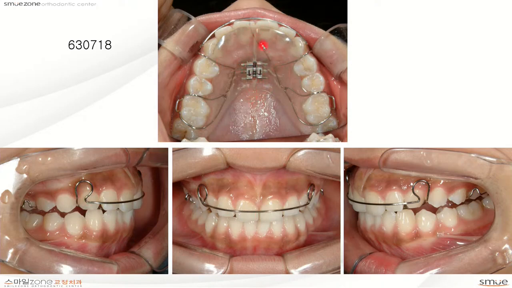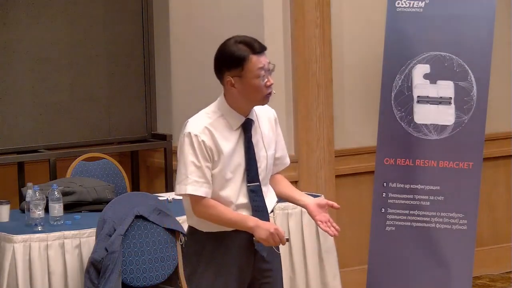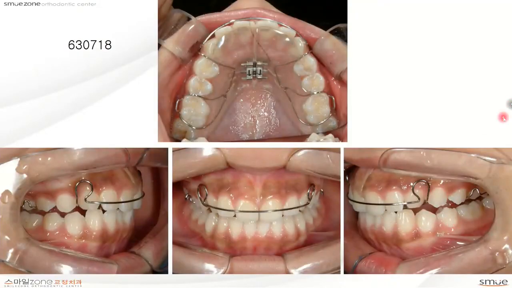So expansion and the anterior bite plate to disclude the posterior teeth when wearing these appliances. So expanding the upper buccal segment and the anterior bite plate play a role like a stabilizing splint and promote the posterior teeth